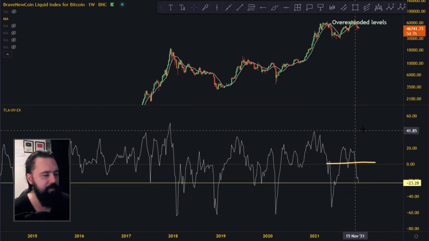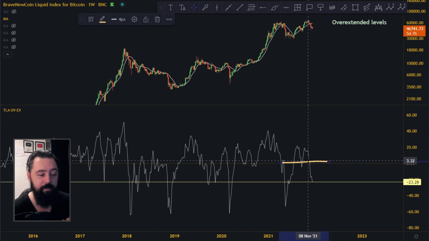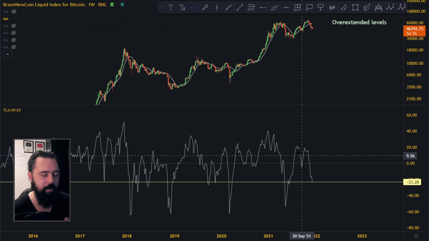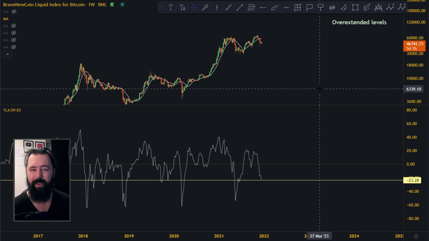And even though I did believe that we are maybe this week going to pump towards the upside, maybe we're just going to wait until next week and then pump towards the upside. But needless to say, these are some very overextended levels to the downside, and anytime you get some kind of overextended levels, you need either to take a little bit of a break or pump to the upside.